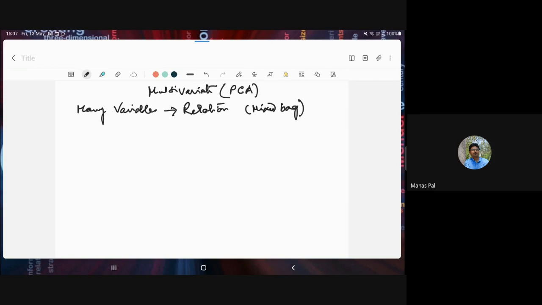Now, what are the objectives of multivariate? For example, those who are related with research in social science. Suppose in a socio-economic survey, you collect various information, various data sets to explain. Suppose you are interested to find any regression type of relationship, that is, whether there is a cause-effect kind of relationship. So to do this,